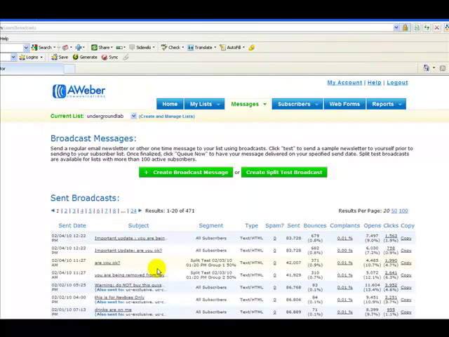But of the people who opened it, who read my emails, "you are being removed from my list" actually had a much greater open rate and a much greater click-through rate than "are you okay." So if I ever want to use this in the future, I'll know to use "you are being removed from my mailing list." The problem is that I set up the split test yesterday, but I didn't send it out